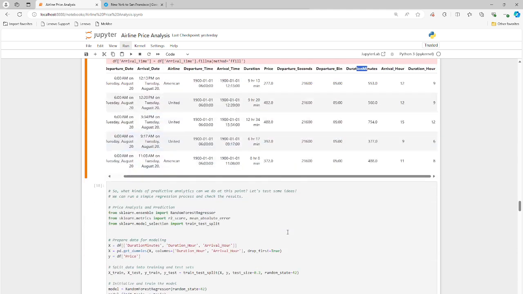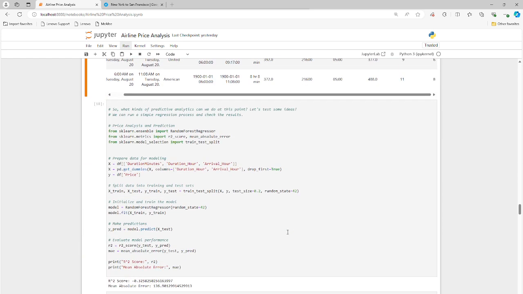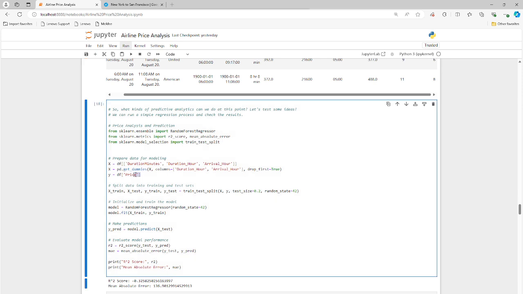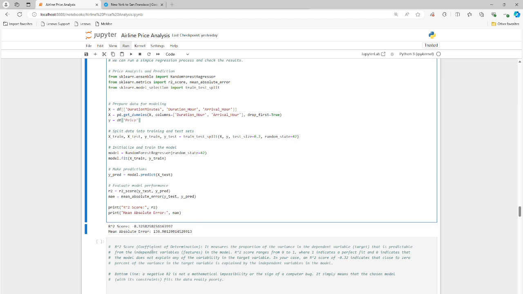Okay. So we've created just a few new features from the pre-existing features, and we're going to do a quick machine learning exercise here, a random forest regressor, to try to predict price based on these independent variables over here. This is duration minutes, duration hour, and arrival hour. We're going to try to predict the price and see how accurately we can do that. So the R squared is actually negative